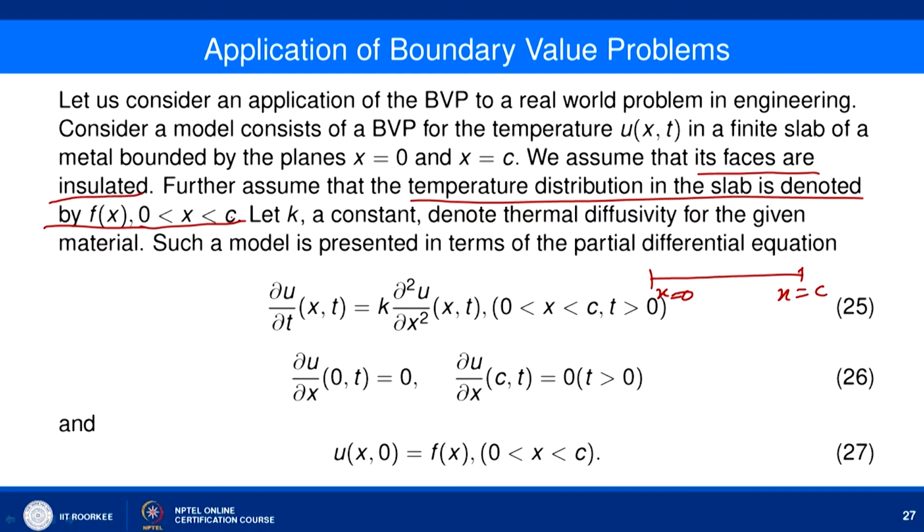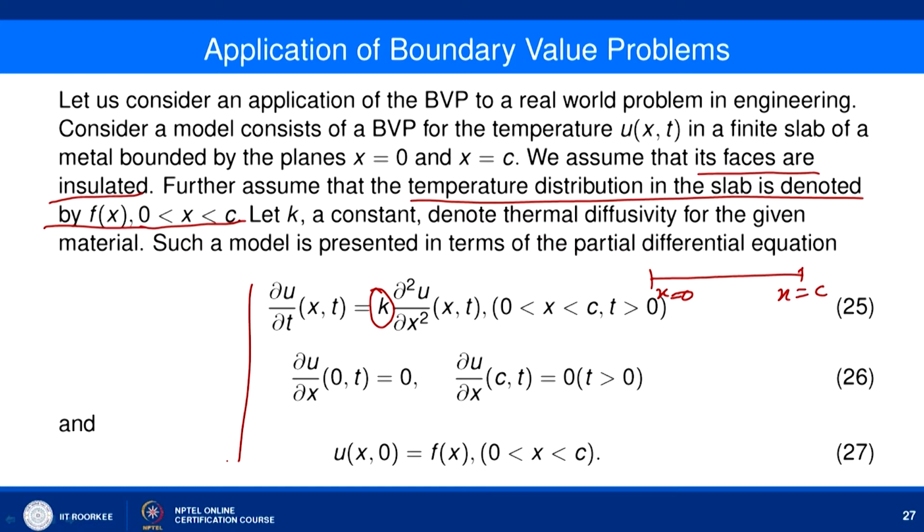So sorry, the temperature distribution at the initial point is given by f of x, for x between 0 and c, and let k be a constant denoting the thermal diffusivity for the given material. This k is a constant depending on the material of the metal, basically the metal of that rod. Now if we use a model to write down the mathematical formula for this temperature distribution, we have